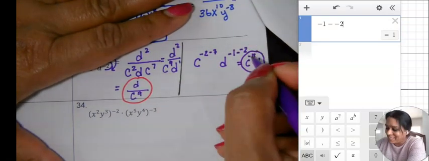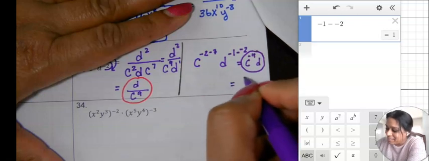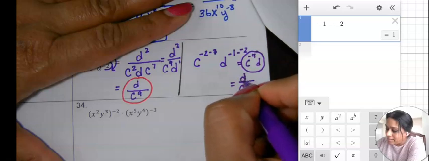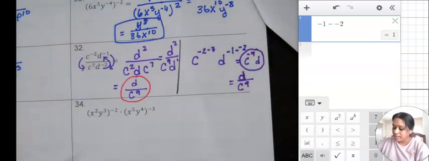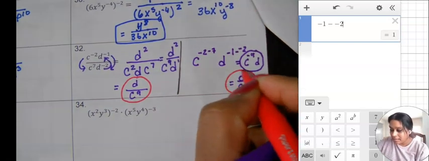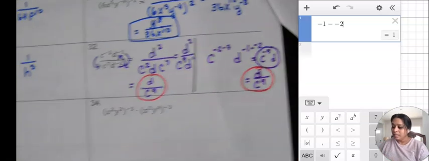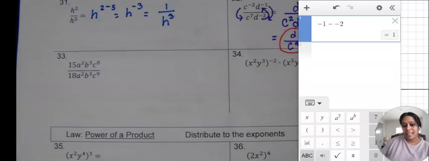Well, that's not the answer. The negative needs to be moved down. So that's 1 over c to the 9th power, and then actually this d stays at the top. So there you go. Those are the two ways we can do this problem. I think I like the second way better. And I think that's what I'm going to do for